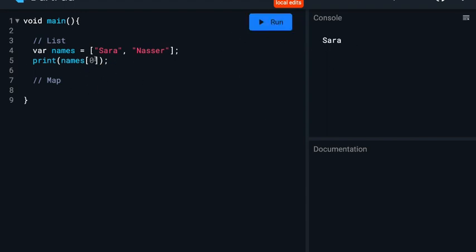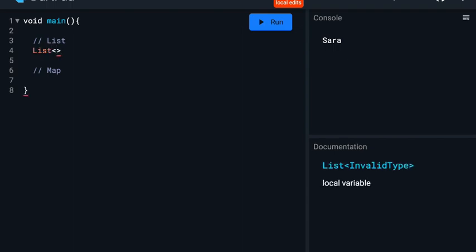Now let's use the other way. And how would we do this? Let's remove this for now. The other way is simply you say List and you put these brackets, and in between you put the type of thing you're going to store. So I'm going to store String. So I'm going to put String, and then I'm going to call the variable names, and then equal